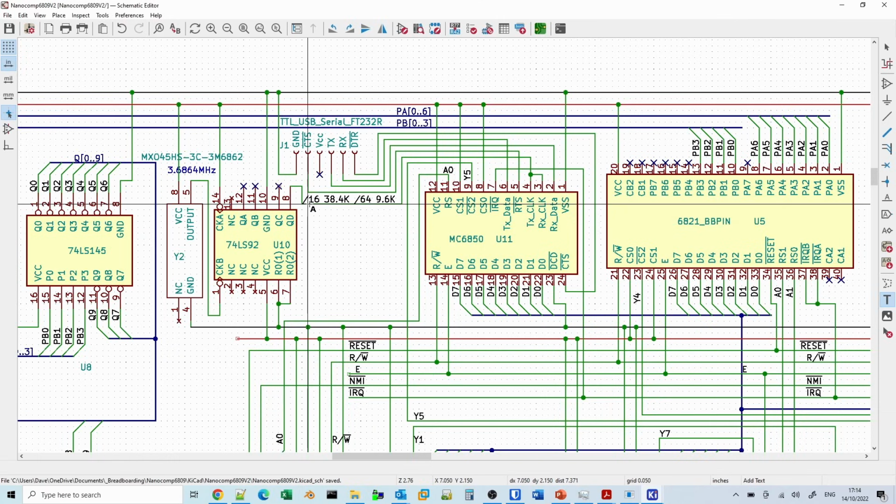And depending on if we divide by 16 in the configuration of the serial interface, we'll get 38.4 kilobits per second or baud. And if we use divide by 64, we'll get 9.6 kilobits per second or 9600 baud, which is pretty much the standard.